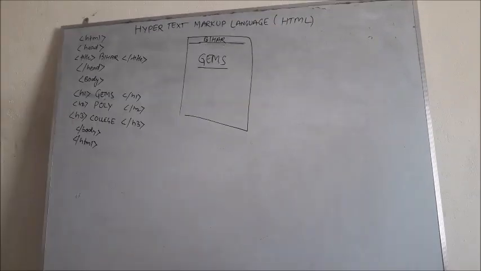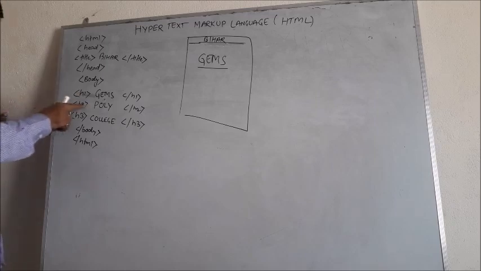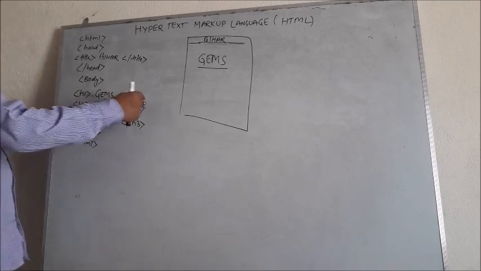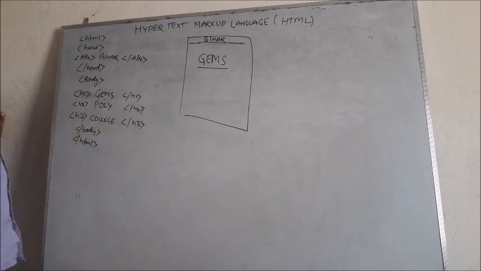Now see, I am going to explain the first code of HTML, that is in body. I have already told you कि body के अंदर हम coding section को लिखते हैं. So in body I am using some more tags, that is h1, h2 and h3, right? And here are the closing h1, closing h2 and closing h3. Basically h1, h2, h3 are the headings, right? They are the headings.